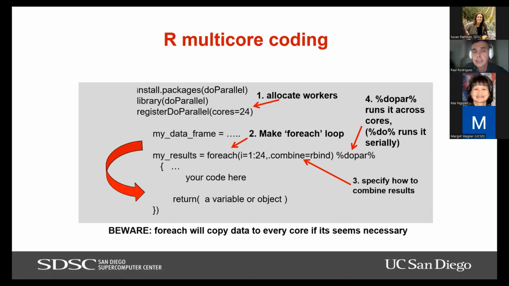The thing to keep in mind when you set up this kind of computation is that foreach is going to copy data to every core. So it has to figure out what has to be available for the commands inside the loop. The memory management really becomes your main issue. Parallelizing is pretty straightforward, but making something work well depends more on how independent your code is between different indexes and how much memory you have to move around.